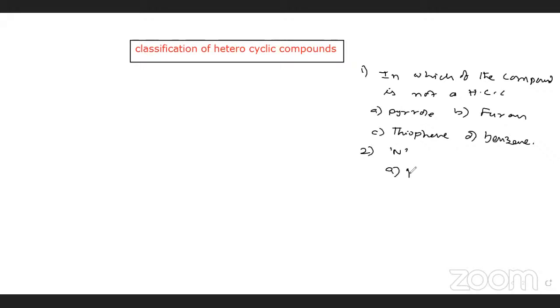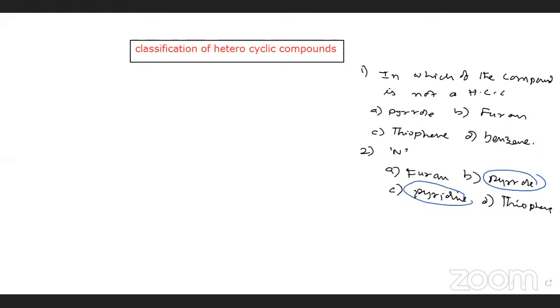A. Furan. B. Pyrrole. C. Pyridine. D. Thiophene. Pyrrole and pyridine, B and C. Okay, pyrrole and pyridine molecules are the best examples of nitrogen containing heterocyclic compounds. I can mention other ones. Pyrrole having